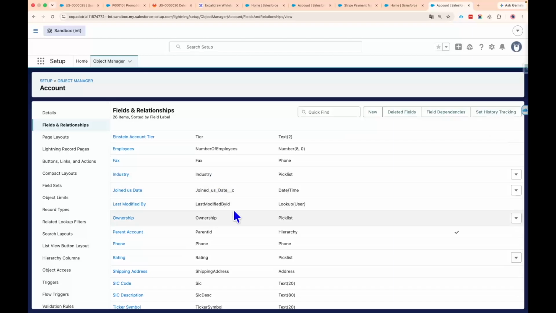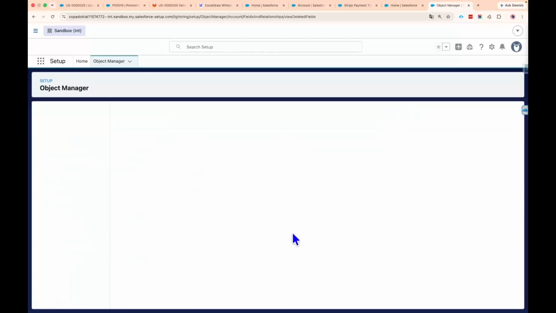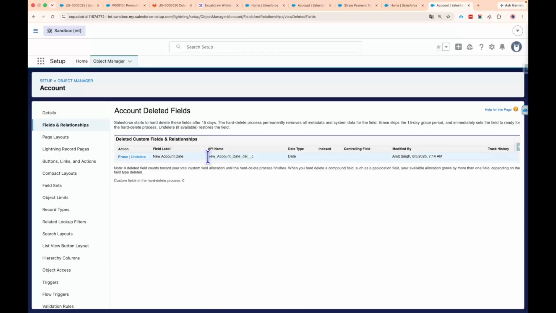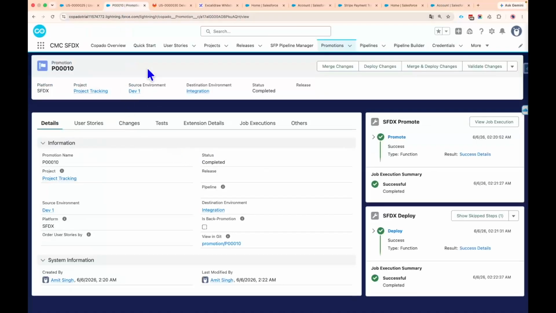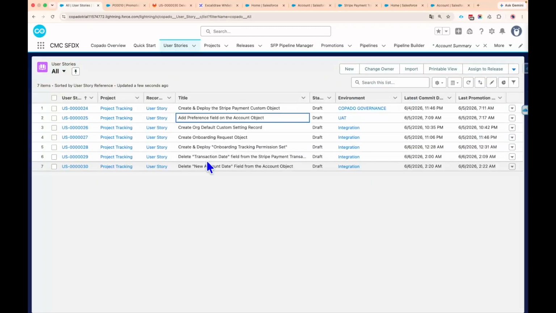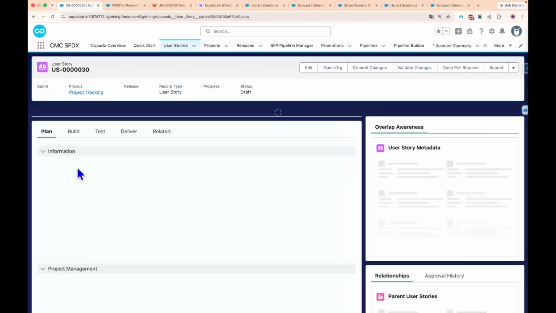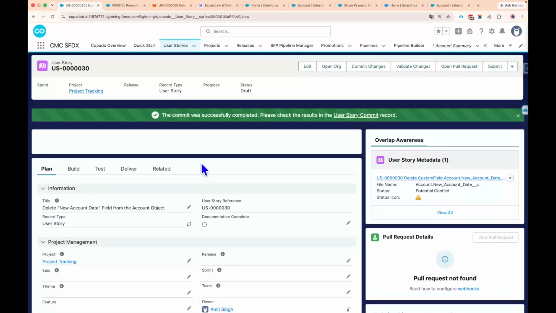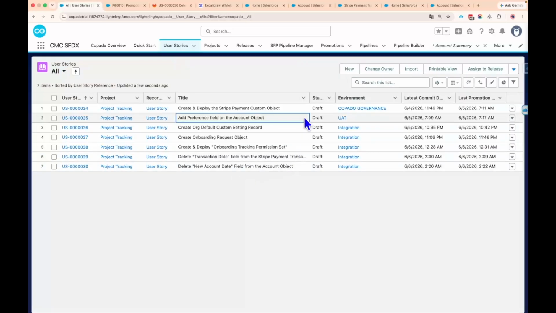There is no field called new account date. Click on deleted fields to make sure that the field is available there. And similarly, if you wanted to deploy all the way till the UAT environment, you just go ahead and delete this component all the way till the UAT environment. Now again, an important thing that you need to consider: there are two user stories which